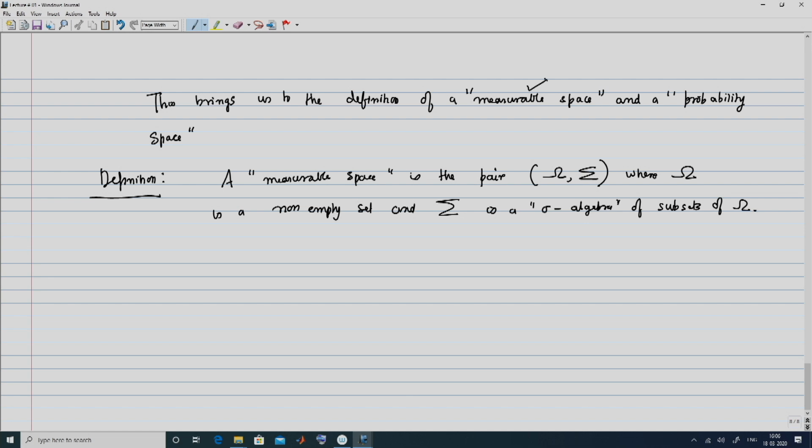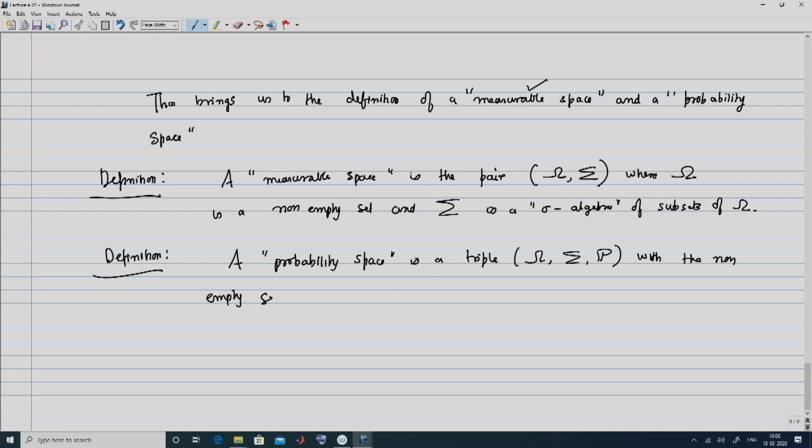So, this takes care of what is a measurable space, and now we are in a position to talk about what is a probability space. So, a probability space is a triple. You will recollect the earlier probability space only had omega and P, but now we have omega, sigma and P, with the non-empty set omega being the sample space and sigma being a sigma algebra of subsets of omega